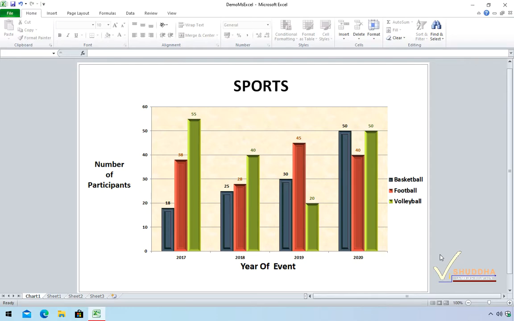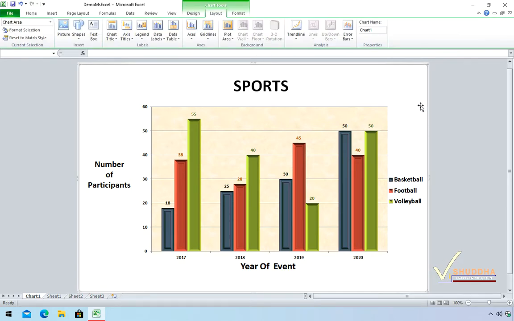Hello everyone. In this video, first I will talk about the different components of a chart in Microsoft Excel 2010. Then I will demonstrate how to work with these components, and then I will also talk about the sparklines and smart art chart. So this white area in which you have the different components of the chart placed is called the chart area. And this area where the actual chart is drawn is called the plot area.